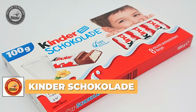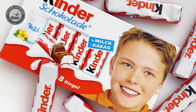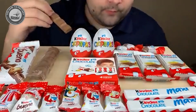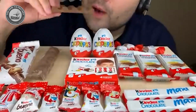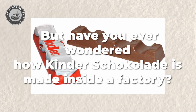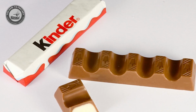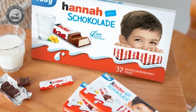Kinder Schokolade, smooth, creamy, and irresistibly sweet, has delighted chocolate lovers for generations. Whether enjoyed as a quick treat or shared with friends and family, this chocolate stands out for its rich milk filling and delicate outer shell. But have you ever wondered how Kinder Schokolade is made inside a factory? Today, we're taking you behind the scenes to see the meticulous process that transforms simple ingredients into one of the